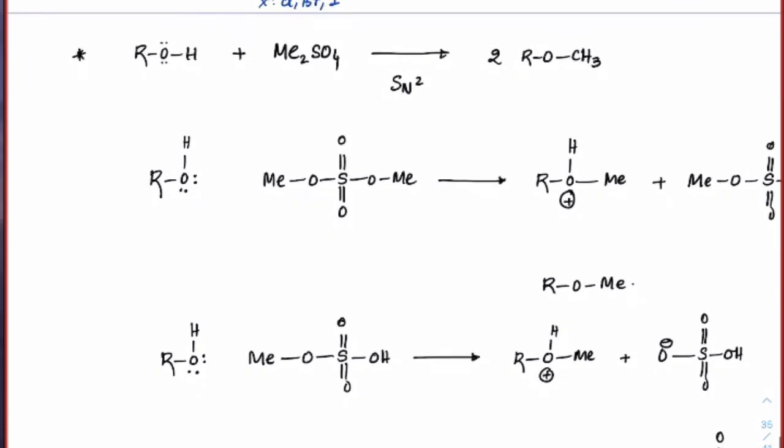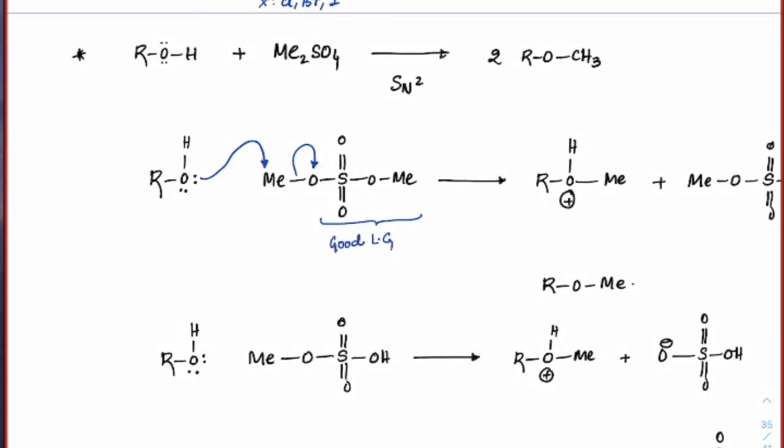See the next reaction. Next reaction is where you took alcohol and reacted this with a sulfonate ether. Basically it's like sulfuric acid, but instead of H we have a methyl group now. This will also go by an SN2 mechanism and will give ethers. See how it is. The lone pair present on oxygen will attack the methyl because this is a better leaving group, right? It is like a tosyl group. Check out, this is more like a tosyl group only. So SO3 minus would be very stabilized, so this group will easily leave. It is a better leaving group, I would say. This is a good leaving group.